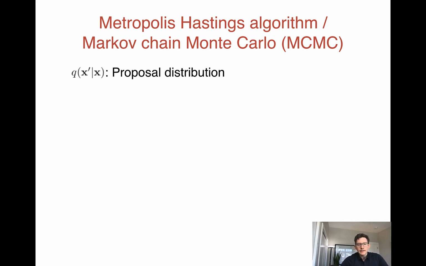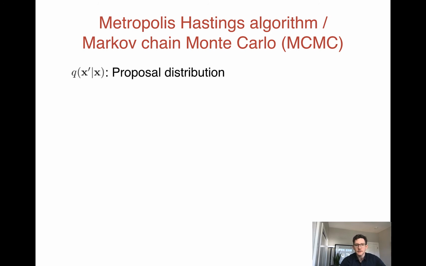So that was Gibbs sampling. What we're going to talk about next is the Metropolis Hastings algorithm, which is in some sense a generalization of the Gibbs sampling algorithm. I'll talk in a minute about the relationship between the two. So Metropolis Hastings, by the way, is the algorithm that most people mean when they talk about Markov chain Monte